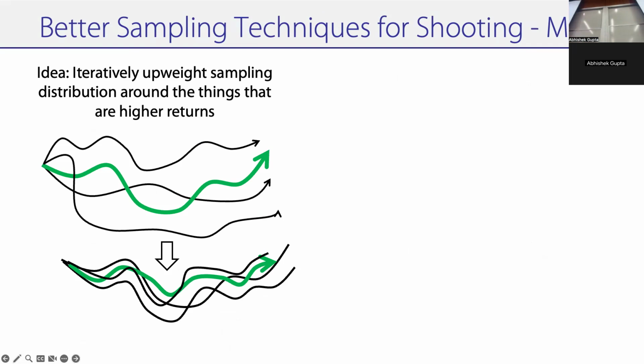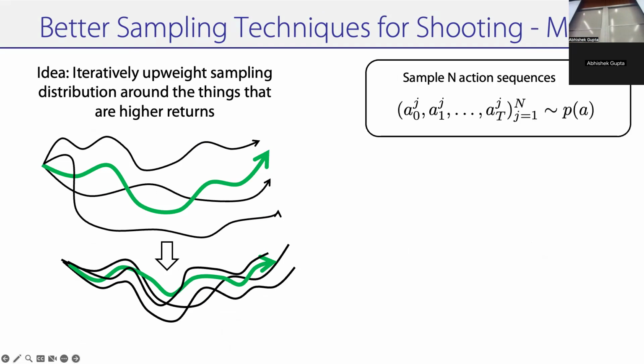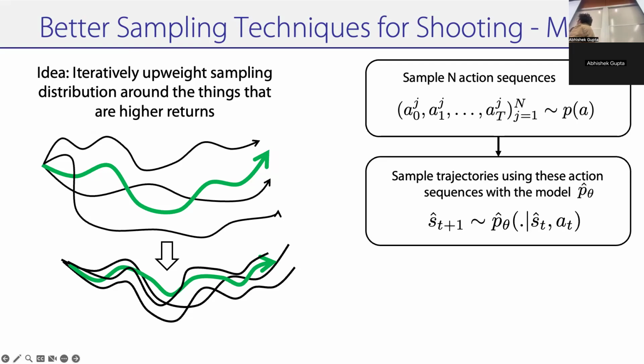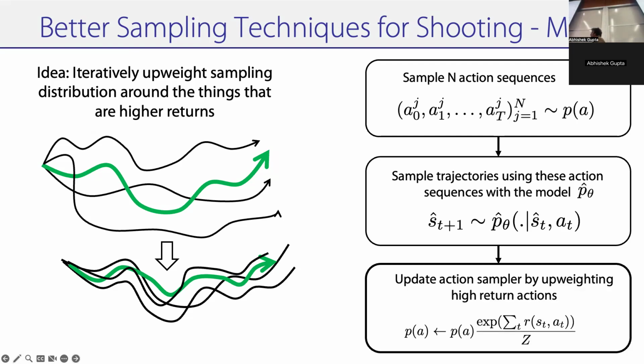And so what you're going to do is you're going to iteratively reweight your sampling distribution according to the rewards of the things you got in the previous round, right? And so you can kind of think of it as you start by sampling a bunch of action sequences, you run them through the world, sample actions, you run them through the world, and then you upweight things that have high reward, right? So you can say, I'm going to take the exponential sum of rewards. So let's say,